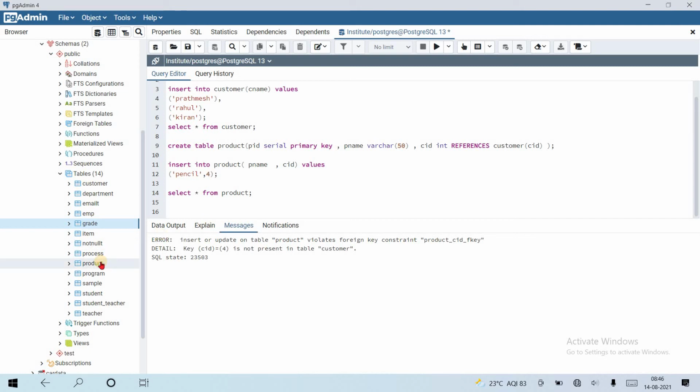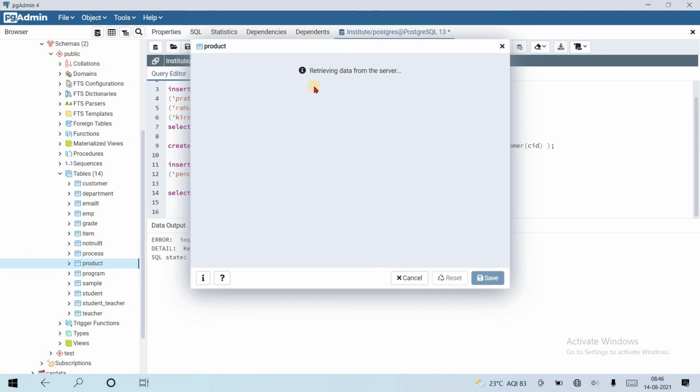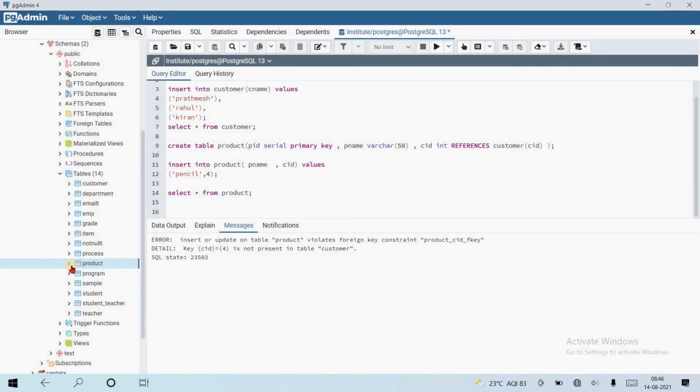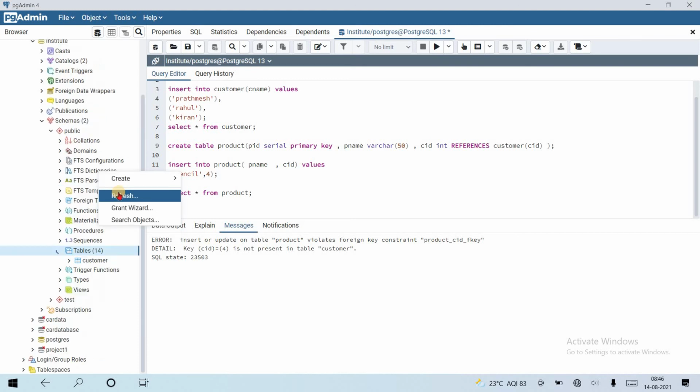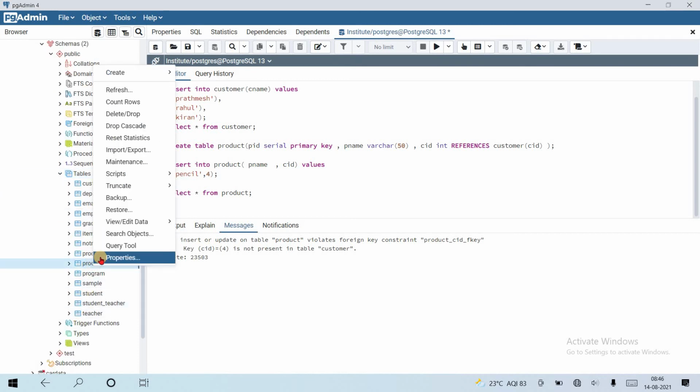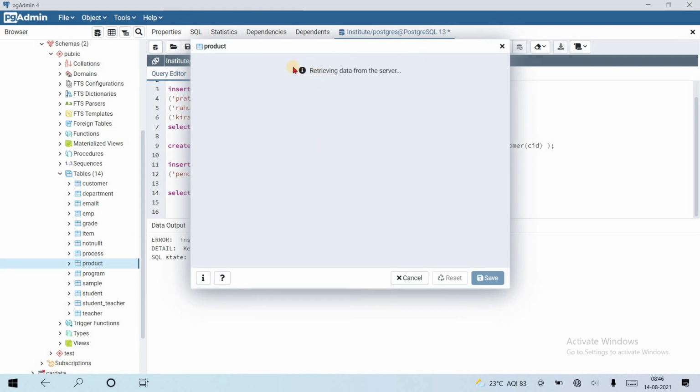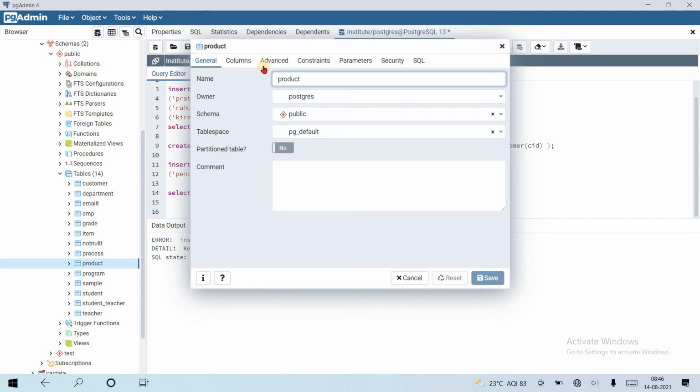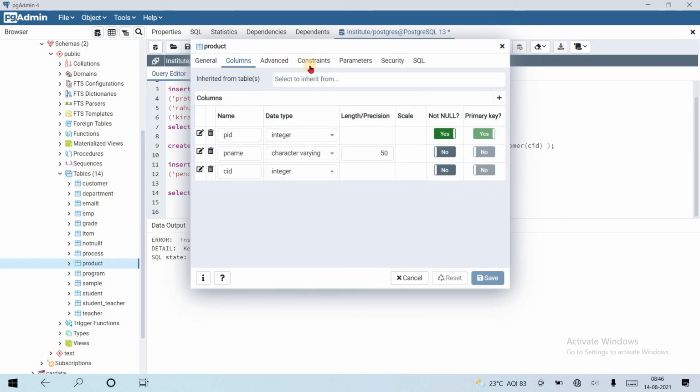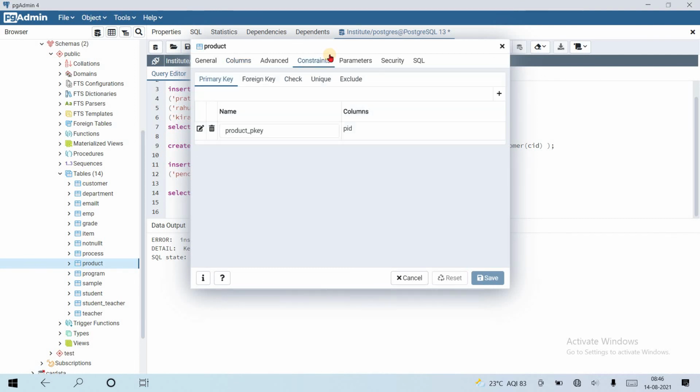If I go here to product and inside the properties, refresh, you can see inside the constraint section that product has a primary key and a foreign key also, product CID foreign key.